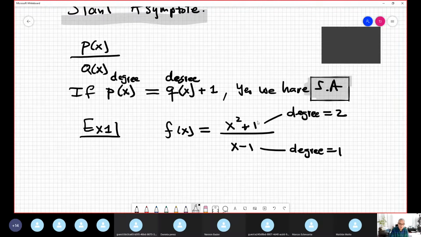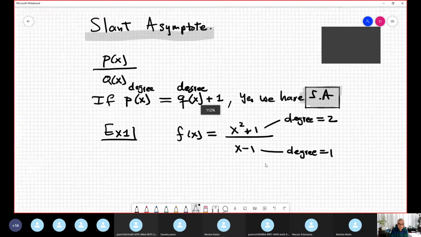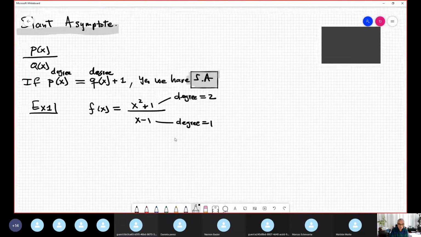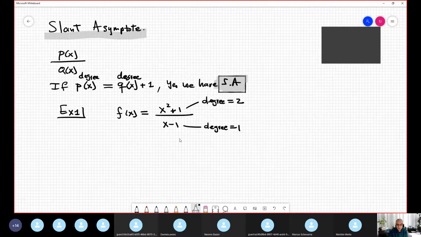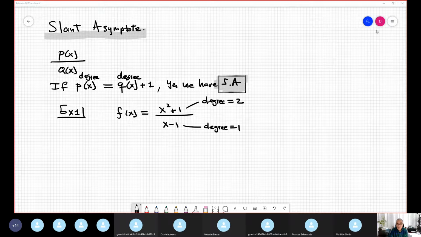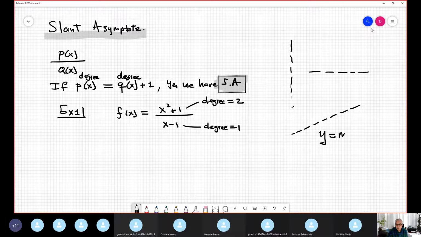Okay, so how do you find the slant asymptote? Do you remember the other asymptotes that we discussed, the vertical asymptote, something like that, or horizontal, like that. In this case, it's slant, it's an oblique line. And the equation for any oblique line is mx plus b. I suppose you remember this formula. To get that,